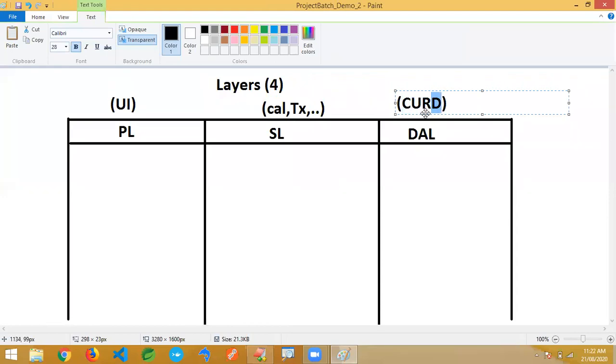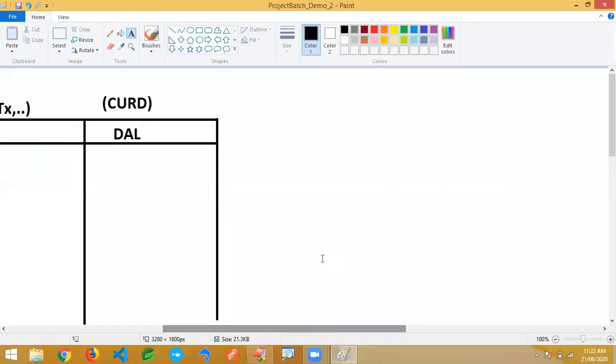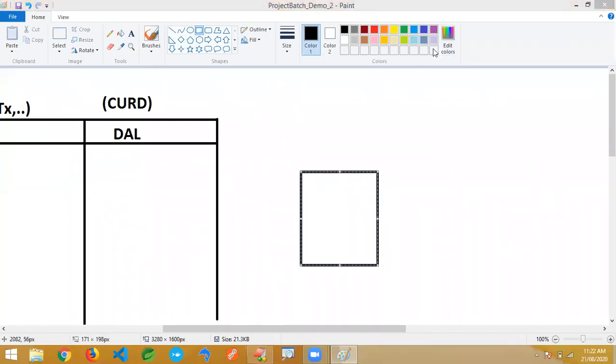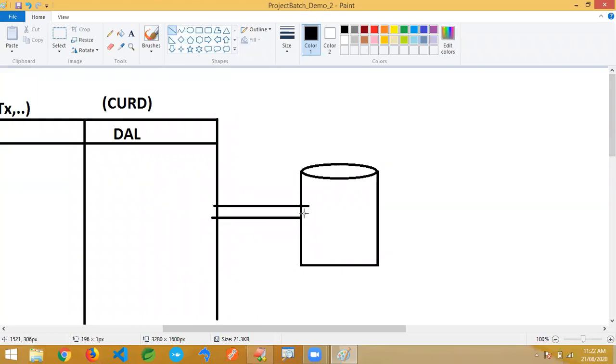Database operations: select, update, read, and delete, we can also call it here. So this is communicating with the database. Finally, we'll be having the database. This is actually a permanent memory that is going to store the data. It's like storing the data here, and that will communicate with the database.